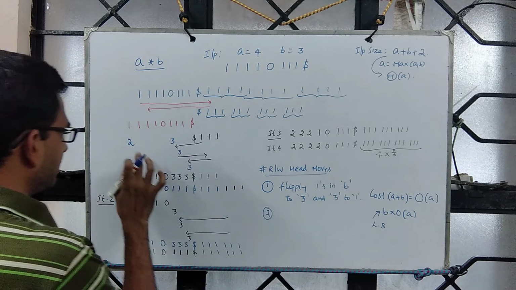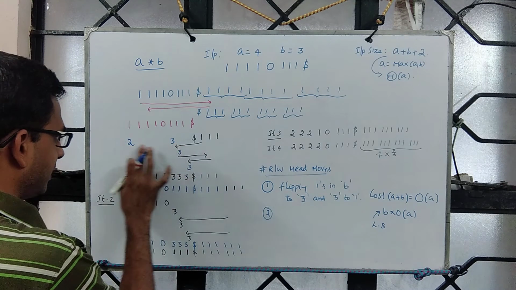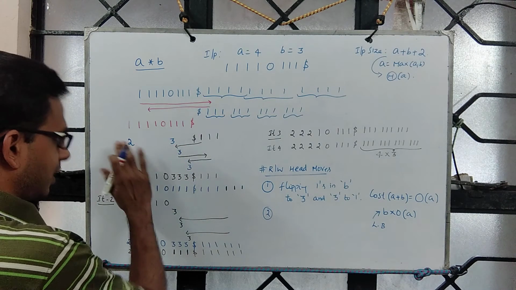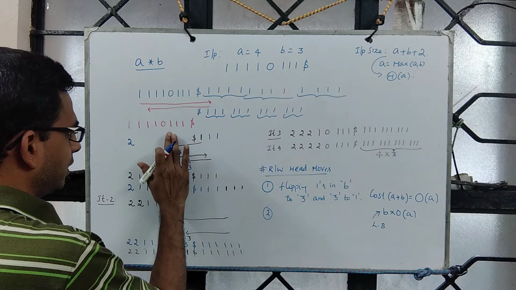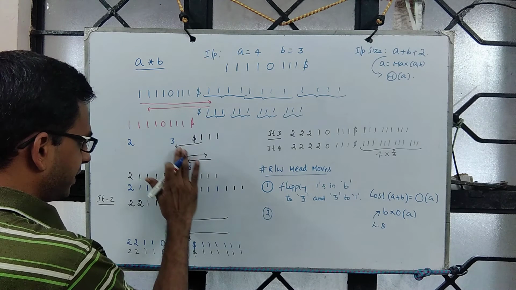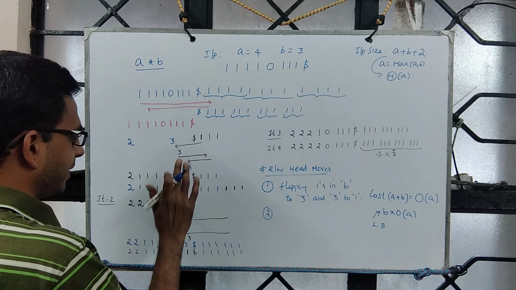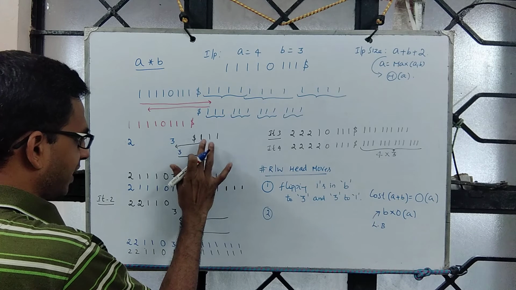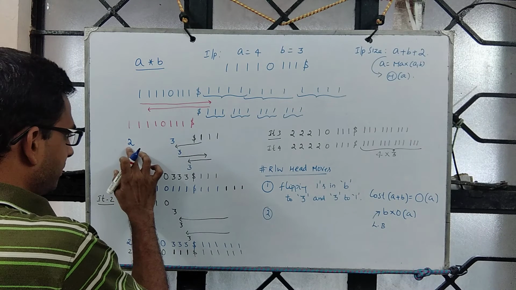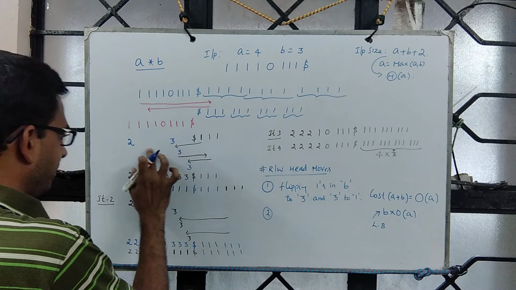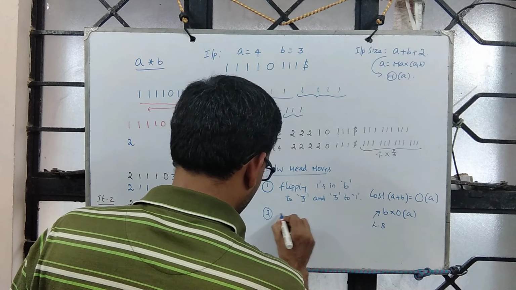The second one is you are moving right from here to this part and then coming back. So although you can see it as 1, I am separating it out so that one can understand the analysis better. So we move right, and then once it becomes 3 3 3, all this will be flipped to 1 1 1. So some number of read-write moves are happening from 3 to this side and then from this side to this side. So that's one part. Similarly, from this to this, then again when we come back, some number of moves are there.